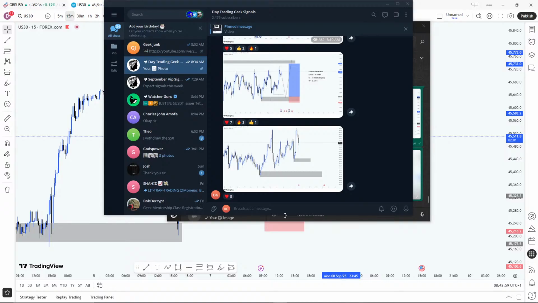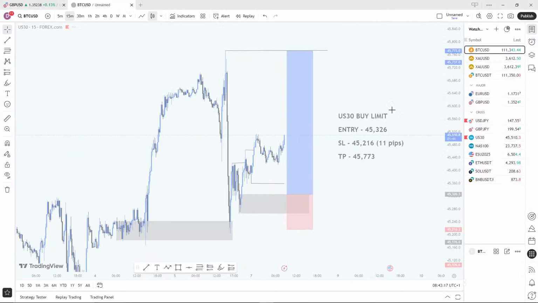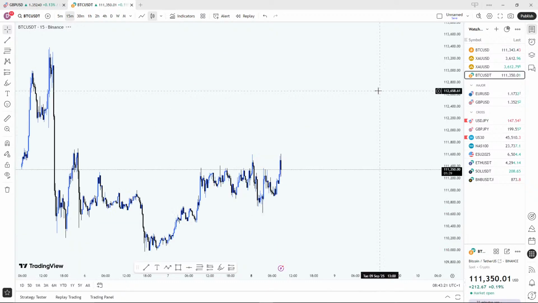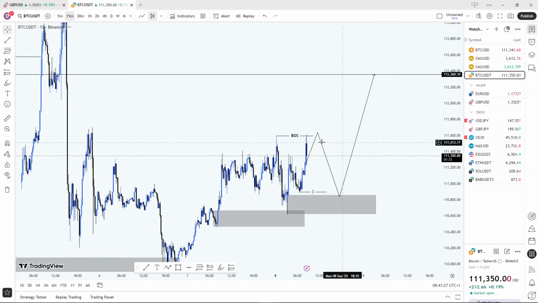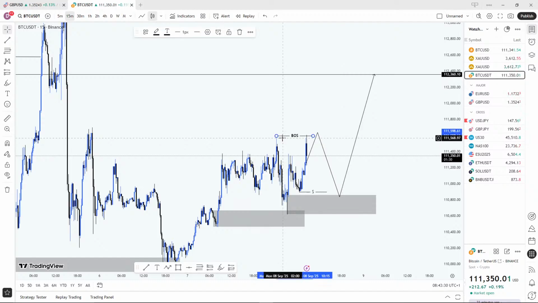All right. So those are the pairs I trade for now. Let's go over them again and see what we're expecting on different markets. On BTC, we are expecting that break of structure, which just took out the liquidity. It has not given a clear break of structure, so we're still watching out for this break to the upside first before it retraces back to our order block. Then we buy. We need to first see that break to the upside, just to validate our order block as a nice zone to buy from.